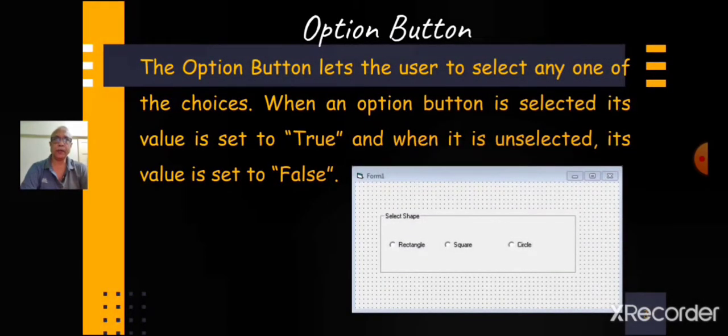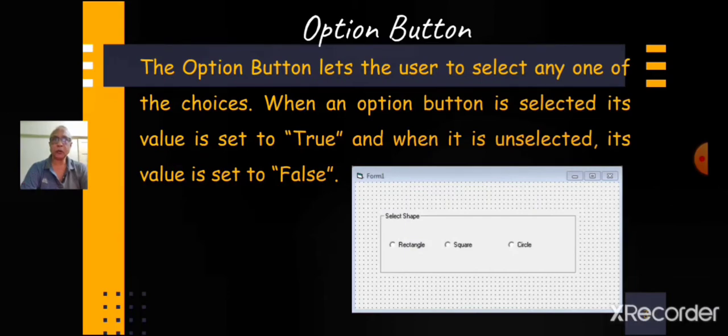Continuing with this topic today, we will learn the next common control, which is option button. Now children, what is the function of the option button? Option button controls are also known as radio button because of their shape.